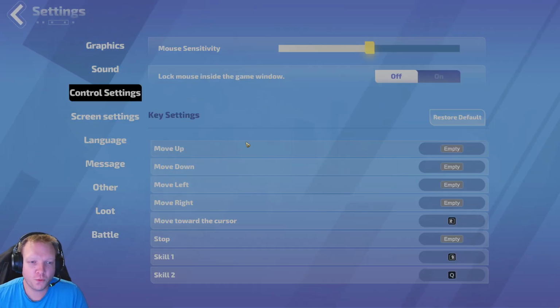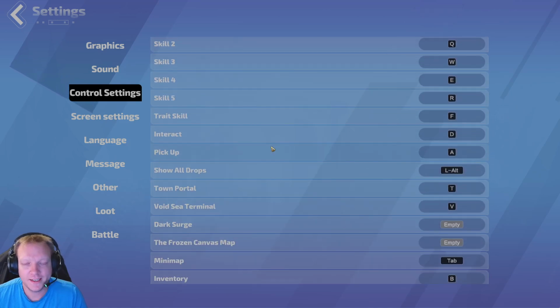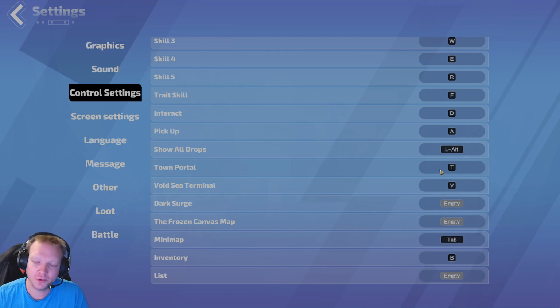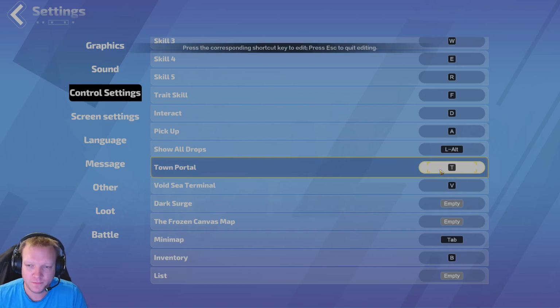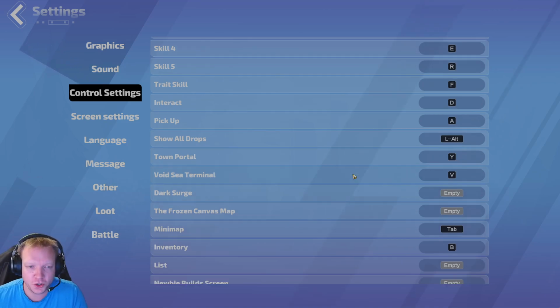So first off, we go into the control settings and scroll down. These changes are all quality of life that I enjoy every season. Now, town portals, you don't really have to use that often, so I generally change that to Y. Y isn't used for anything else. It's just a little bit further away from where my hand sits on the keyboard, and I could put in that little bit of extra effort